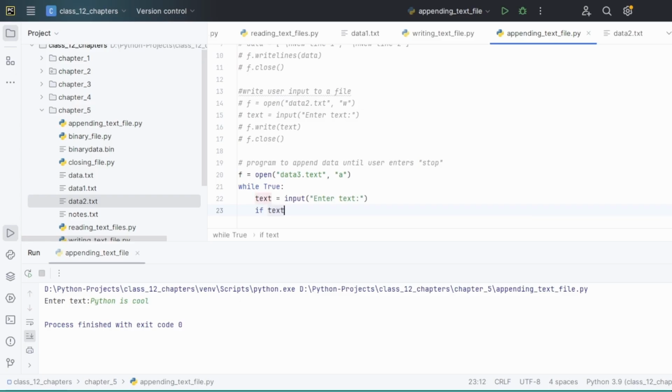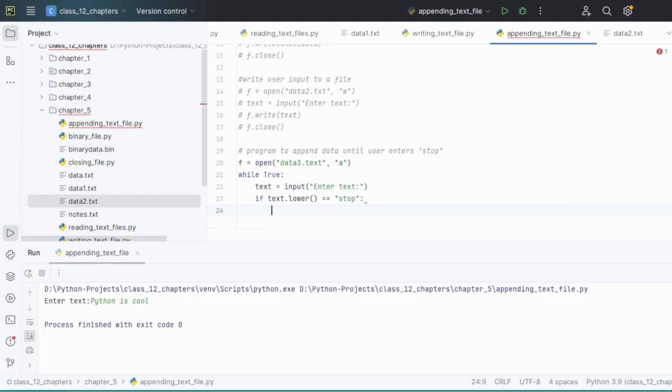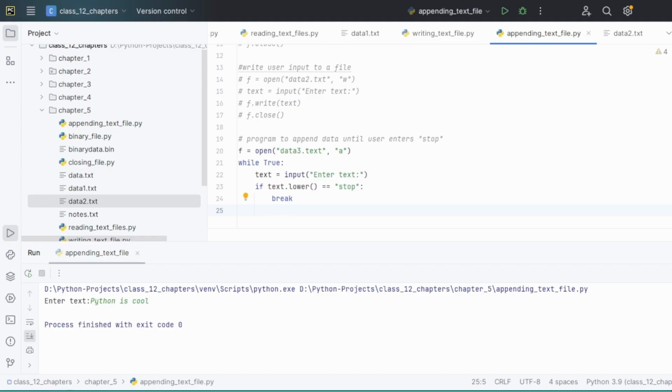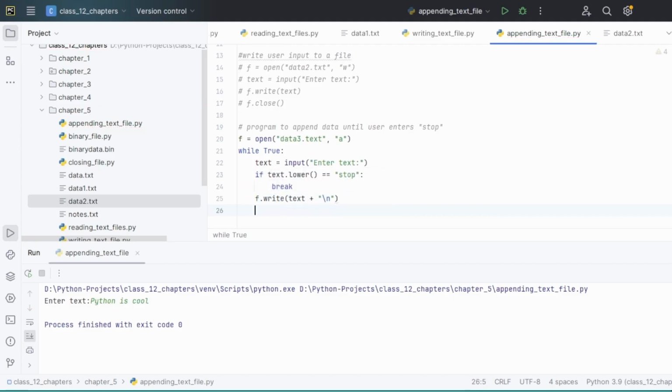So if text.lower equals to stop, then we'll break out of the loop, else we'll write f.write text plus new line character, and finally we'll close the file. So here we are entering the text and it will keep asking the user to enter text until we encounter stop. So I will right click and run it. Enter text: